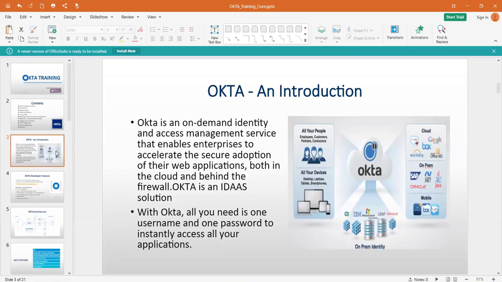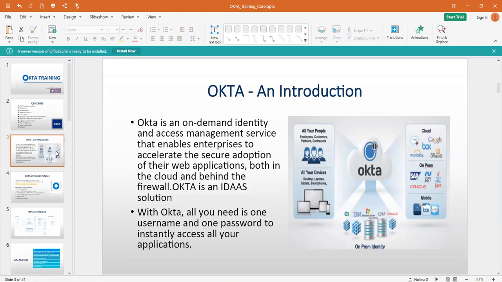Okta is nothing but an IDaaS, identity as a service, which means you are getting a solution as an identity, not as any other tool, platform, or infrastructure. You are getting the identity tool itself as a service. That's why we call Okta an IDaaS solution.